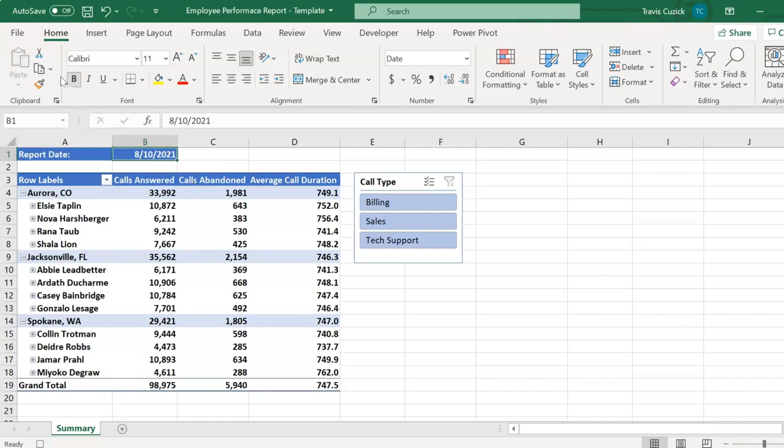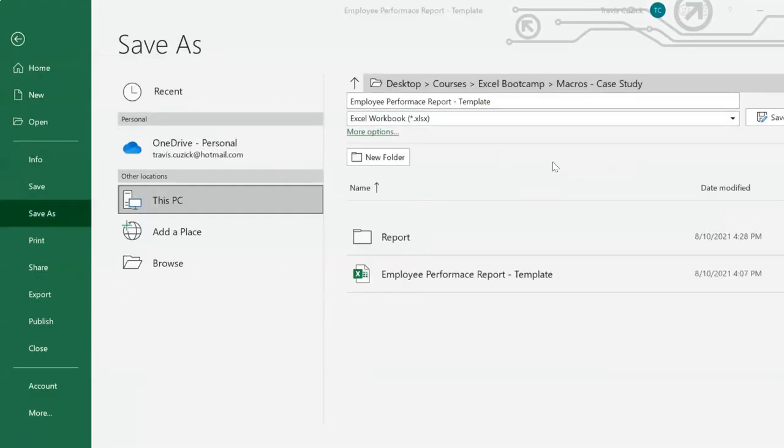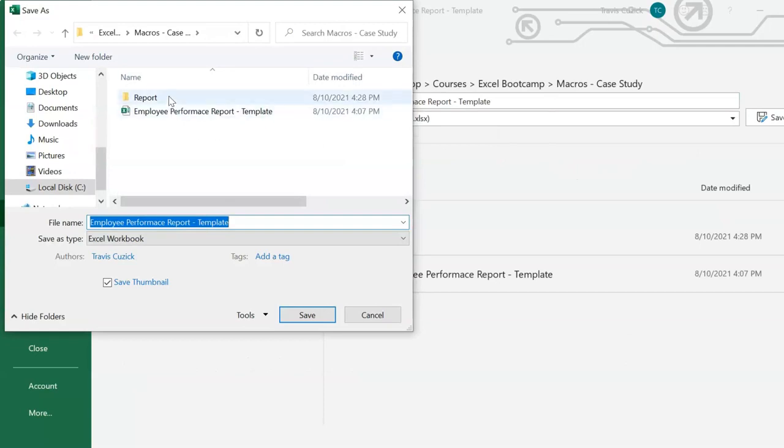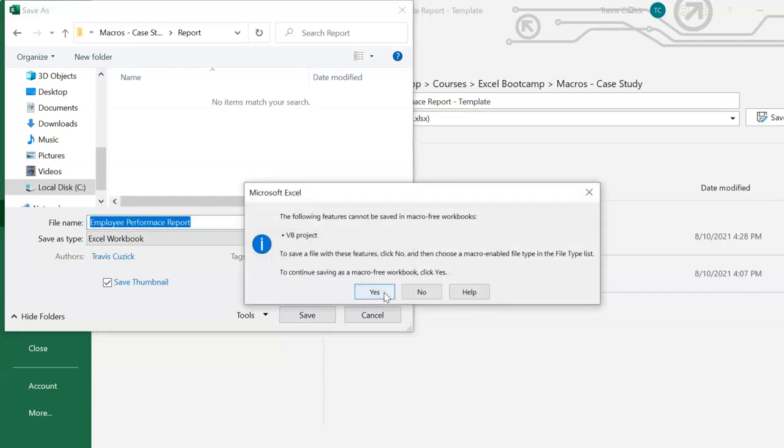Now finally, I will save this file as a non-macro enabled file, in other words, a standard Excel file. So I'll go to File, Save As, and then I will save it under my Report subfolder. And for the name, I'll just get rid of my template suffix here, and click Save. Now Excel's telling me that I cannot save my VB project, which is basically my generated VBA code,